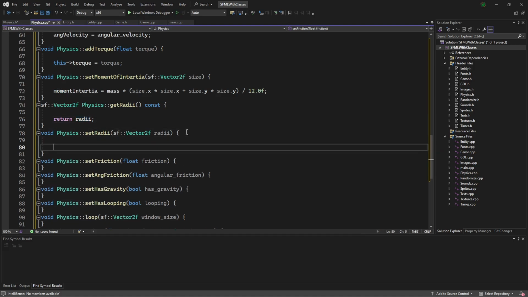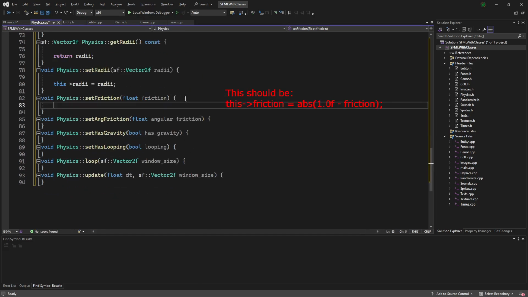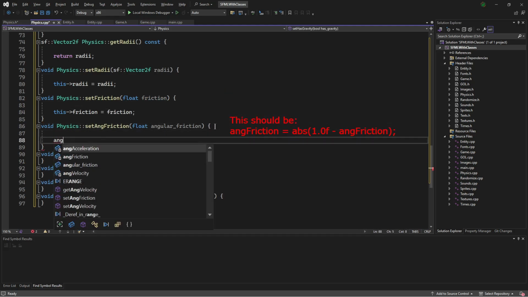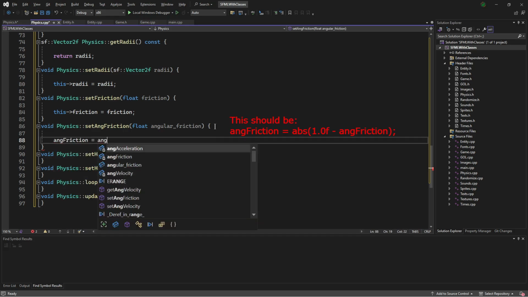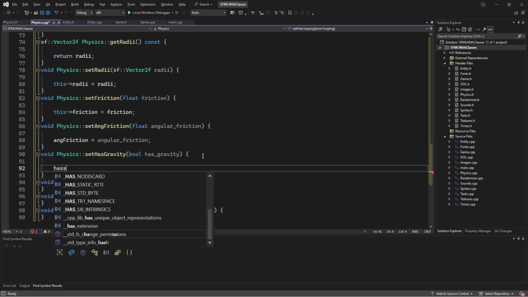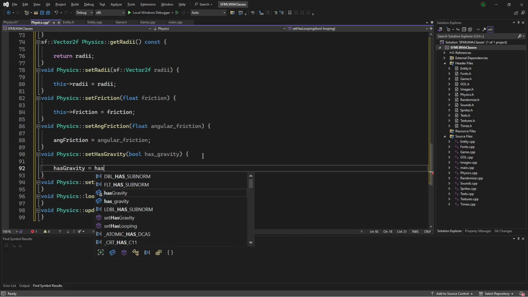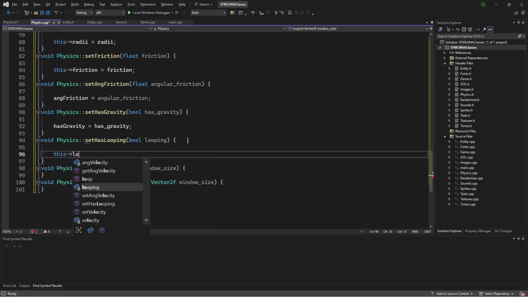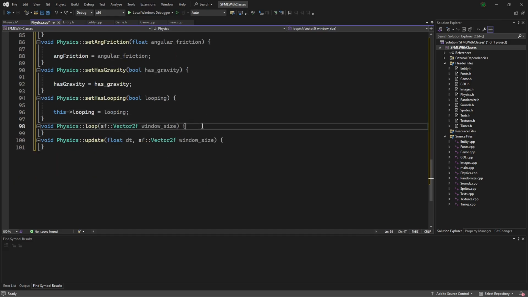For setting our radii, we'll just say this radii equals radii. And friction, we'll say this friction equals friction. For setting our angular friction, we will say angular friction equals angular friction. Setting whether we have gravity, has gravity equals has gravity. This looping equals looping. In our loop function, we will say